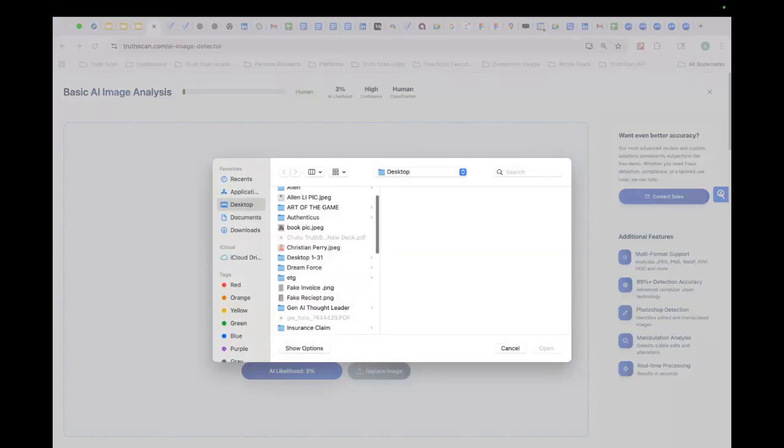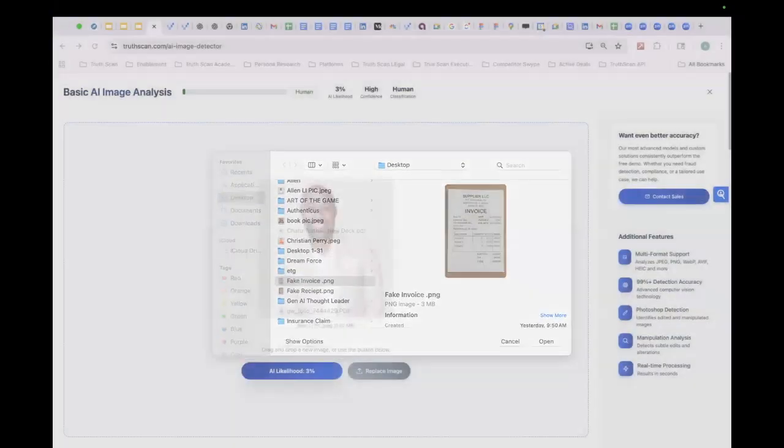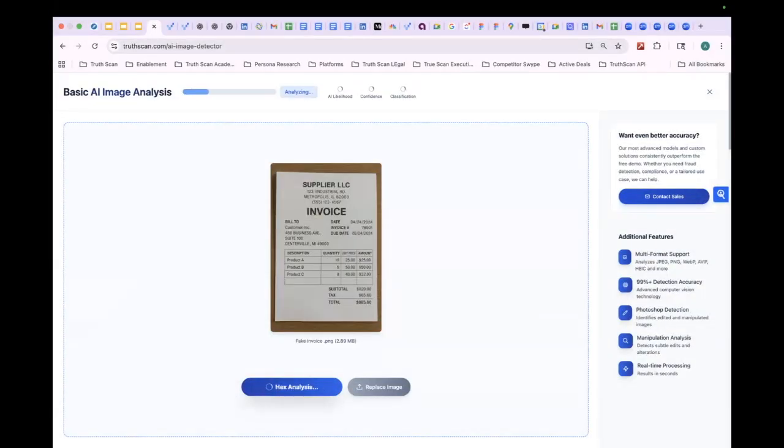So now let's take a fake invoice, something that is sent. If you just look at it at first glance, you know that it could be legit, right? If you do this with hundreds of thousands or millions. So now you can see it will detect with up to 99% accuracy, and we have a very high confidence that this is AI.